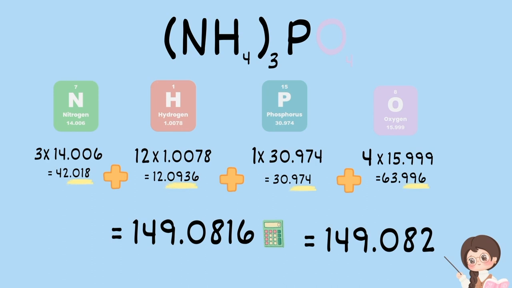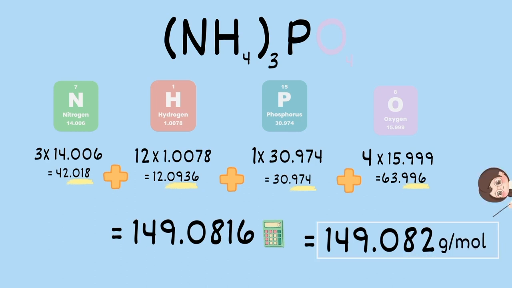0.018 has 3 digits, 0.0936 has 4 digits, 0.974 has 3 digits, and 0.996 has 3 digits. So the least amount of digits after our decimal point in the numbers that we're adding up is 3. So our answer needs to have 3 digits after the decimal place. So our final answer is